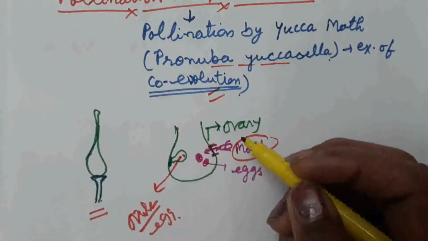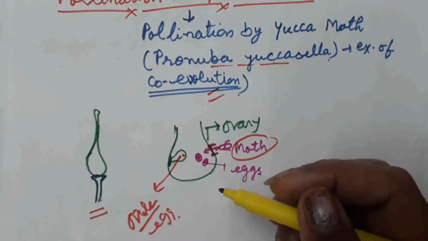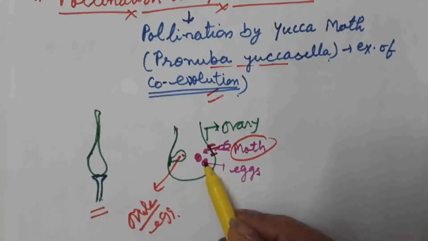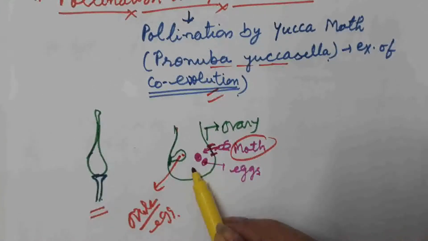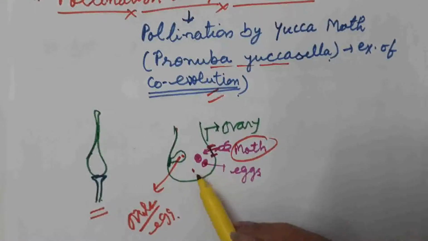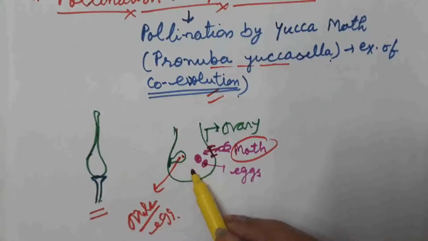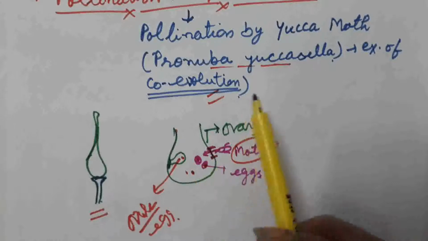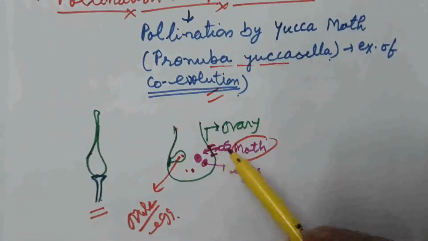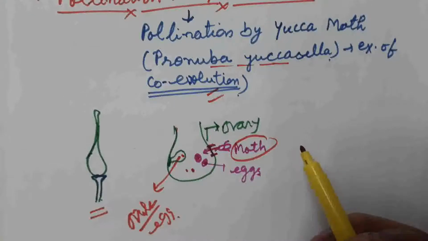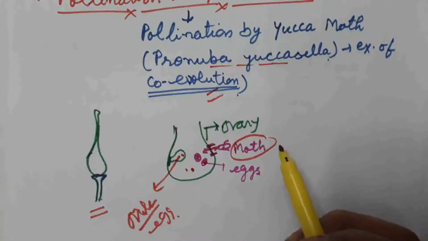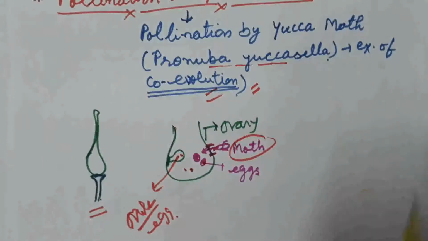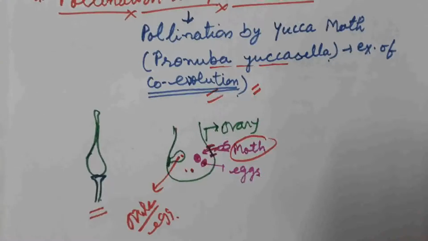The advantage goes to both the yucca flower as well as the yucca moth, Pronuba yuccasella. The moth releases its eggs into a safer place inside the ovary, and when the larvae emerge from these eggs, they get nourishment inside the ovary. And what is the advantage to the yucca flower? That is, cross pollination takes place. So both species are getting benefit from each other. This is also a case of co-evolution, because in the absence of one species, survival of the other species is not possible.